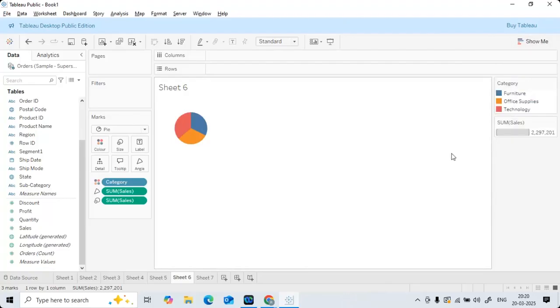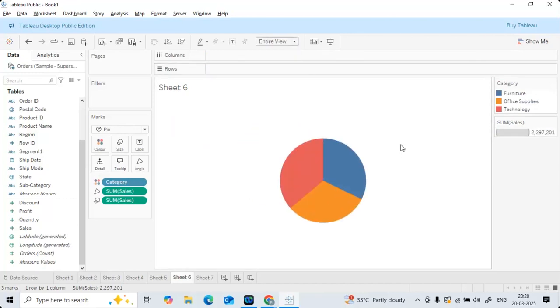Now, the pie chart itself is occupying only a small portion. Now I want to see it in an entire page. What is the option that we can select? Instead of standard, entire view. Chalo, fine, good. Is it fine or do we need to make some updations for this pie chart? Okay, what are those updations we can proceed with?